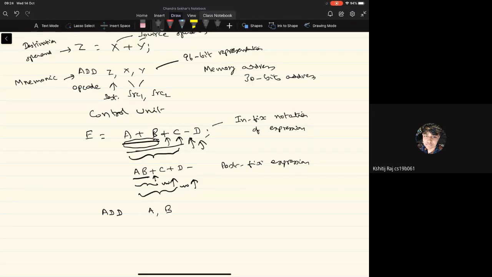Now, where do I put this intermediate result, that is, the sum of A and B? I cannot put it into any of the variables in the program which are declared by the user, because each of the variables declared in the program is meant for some specific purpose. So I cannot use any of the variables that are defined or declared in the program. What is done in the machine level representation of this statement is that we will have some intermediate storage entities where we can store the results of the operations that occur in the execution of the statements.